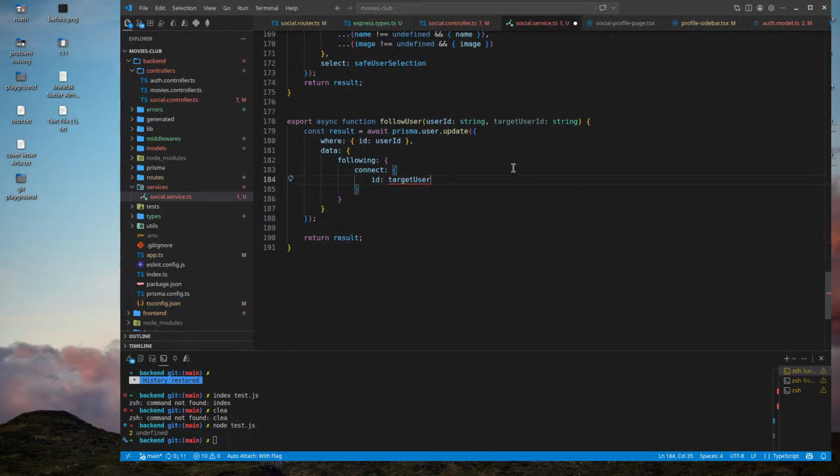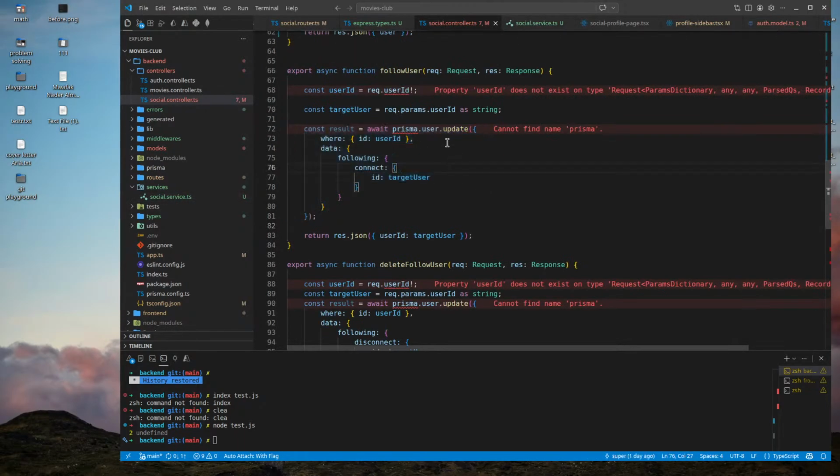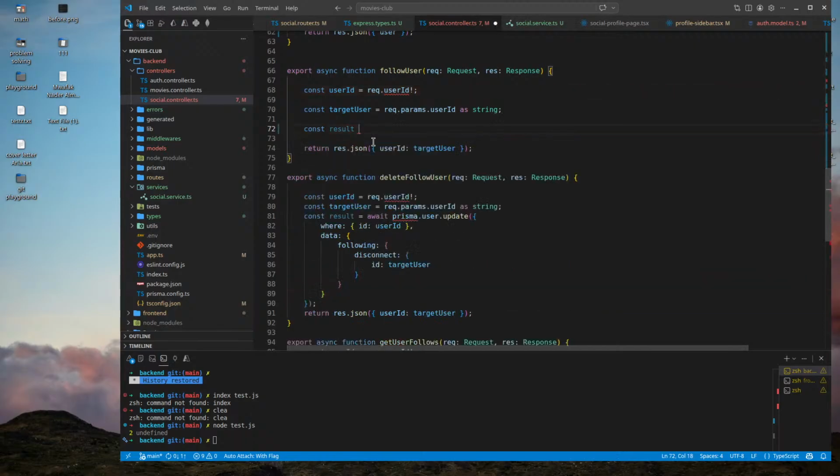طيب target user ID, this is a better name definitely, and user ID. طيب prisma.user.update where user وعبارة عن ID، data following connect مع this guy. Okay. We can remove this. Equal to social address.